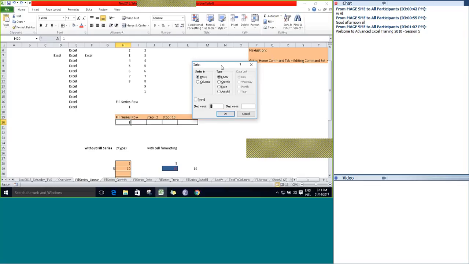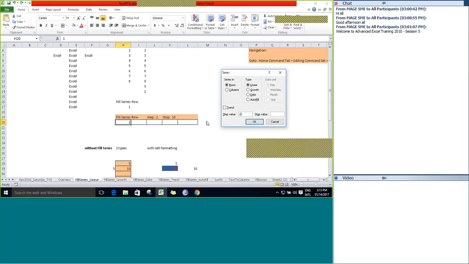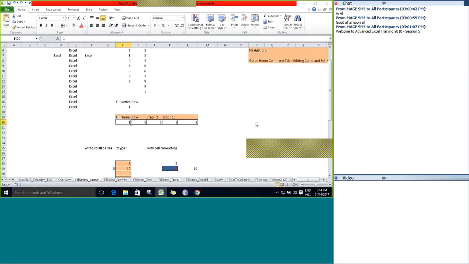It means that it will generate a pattern in a single row, and type is going to be linear, and the step value is given as 2. So 1 plus 2, it will throw you 3 as the next value, and then the stop value given here as 10. So provide 10 here and then click OK.